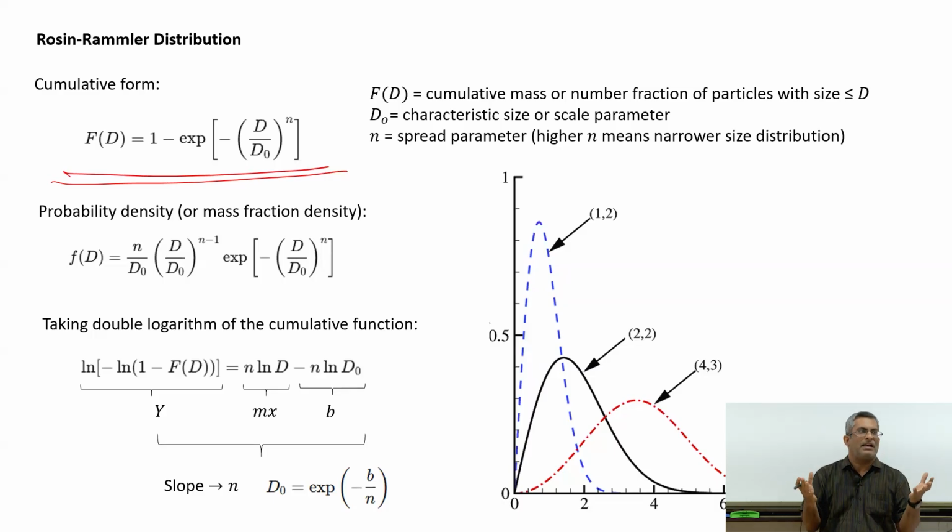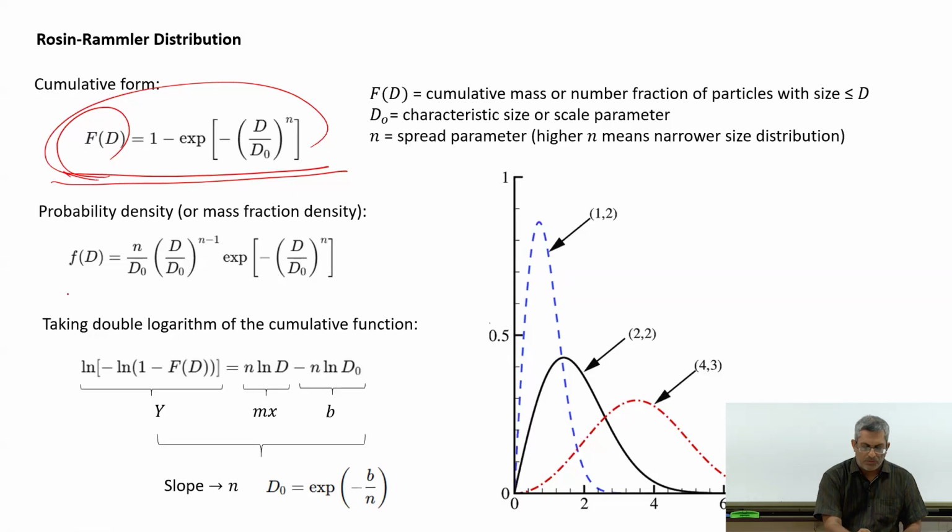So you get coal particles, then you have some sieves. Imagine you have some sieves, you put it, and then you collect particles below the size equal to the mesh size of that sieve. So whatever you collect, you measure its weight. Okay, you know the total weight, so you get the fraction. And now you use different sieves and you can get this distribution. So you see how by measuring the mass of the particles only, you can get basically the cumulative fraction. So once you know this, then we can find the probability density or mass fraction density, okay, by differentiating this. And